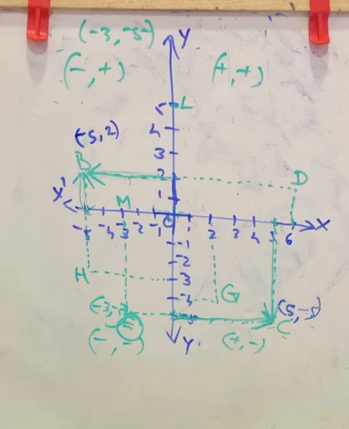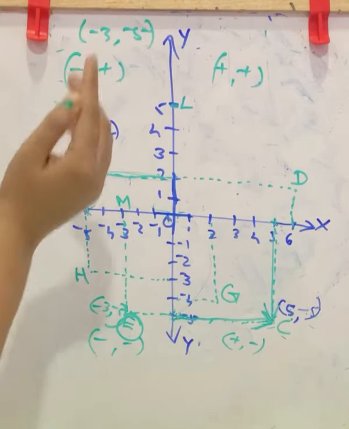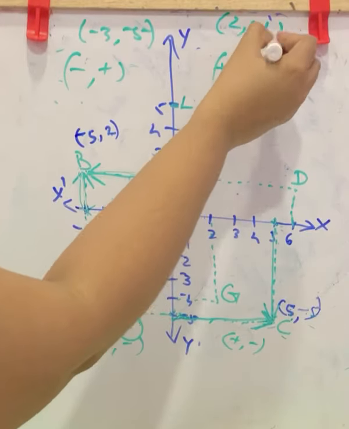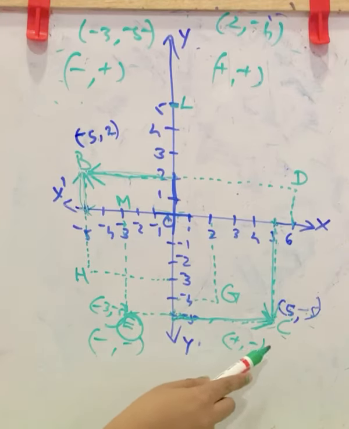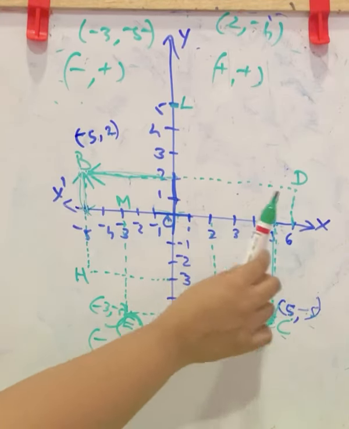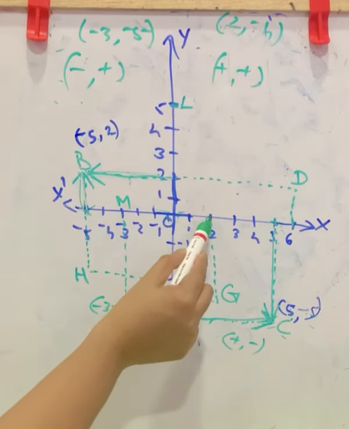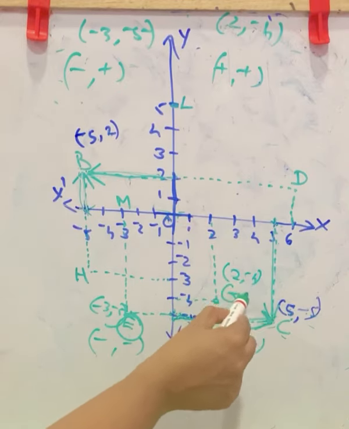So always, if these types of questions are given, first check where the point lies, that is, which quadrant it lies in. If both are negative, it will be in the third quadrant. Next, the point identified by the coordinates 2, -4. X is positive, y is negative. So it will lie in the fourth quadrant. Now 2, -4. X is 2 and y is -4. G is the point. 2, -4 is G.